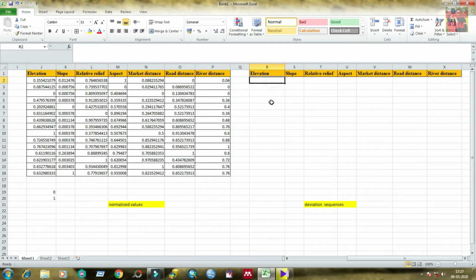So to calculate the deviation sequences, just type is equal to, then first bracket, then select maximum value minus individual value for each row, and enter.